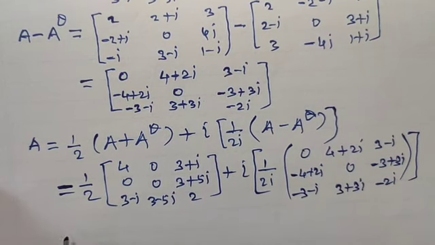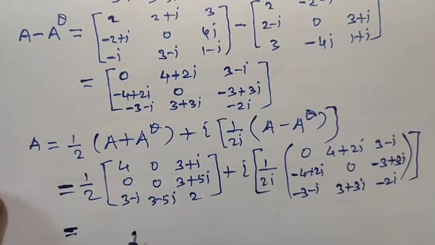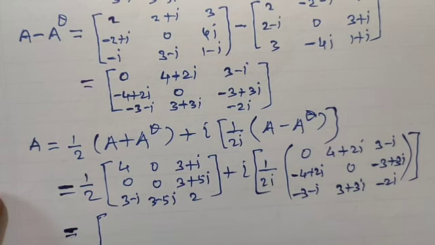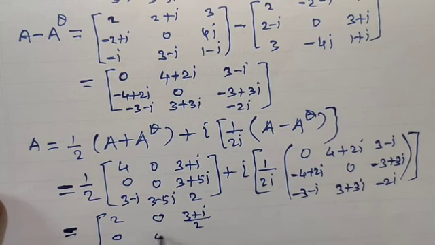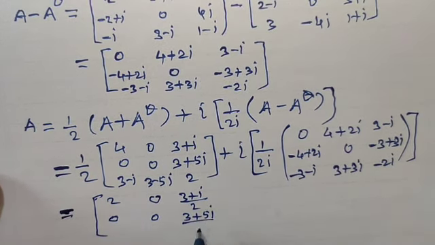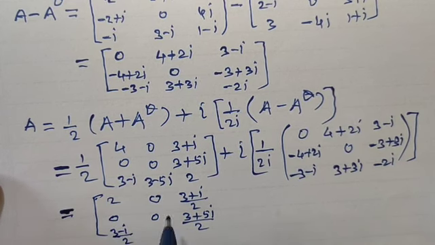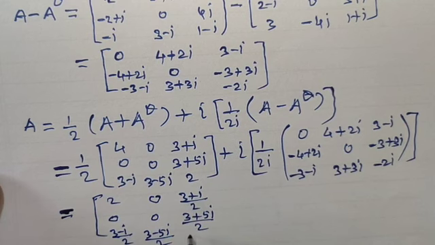That gives A is equal to, first matrix becomes 4 divided by 2, that is 2. 0 divided by 2, that is 0. And 3 plus i divided by 2. 0 0 3 plus 5i divided by 2, and then third row 3 minus i divided by 2, 3 minus 5i divided by 2, and 2 divided by 2, that is 1,